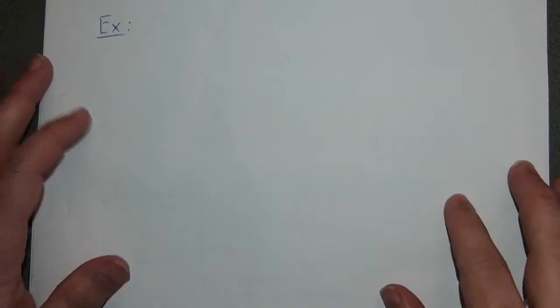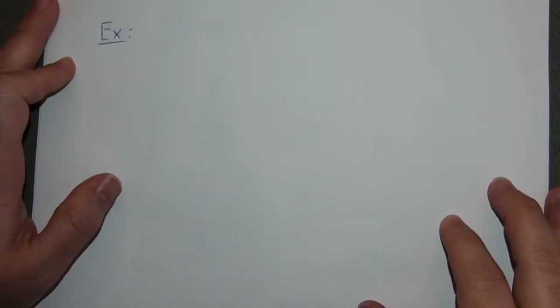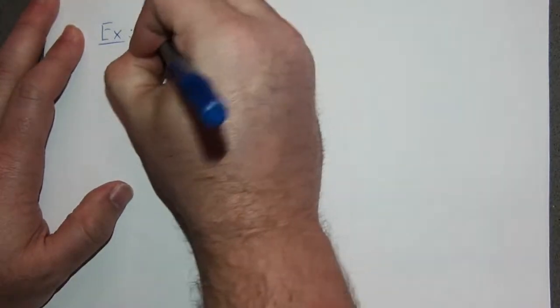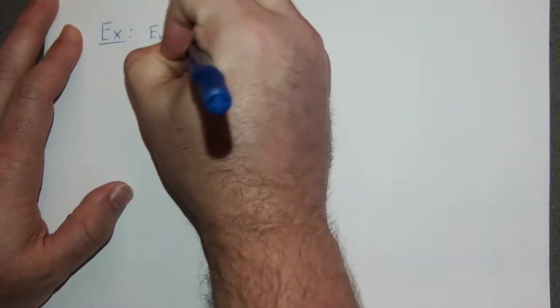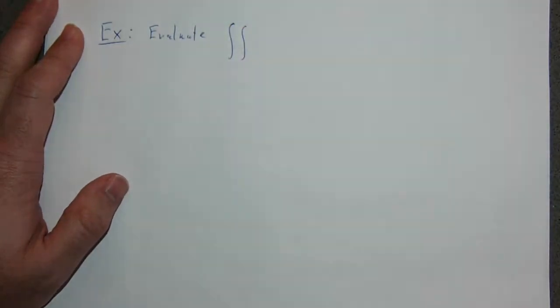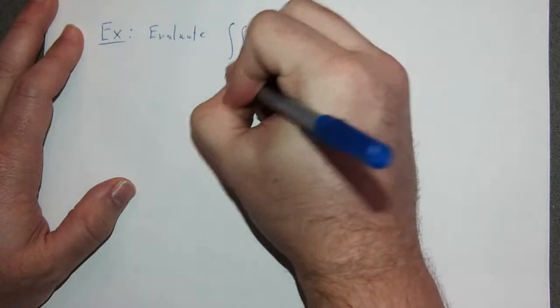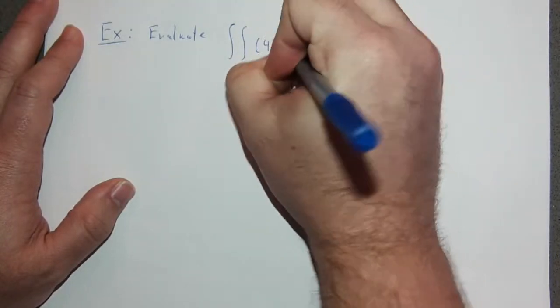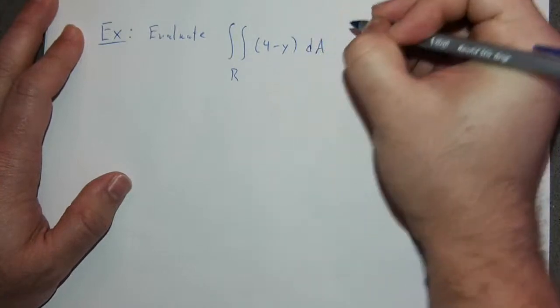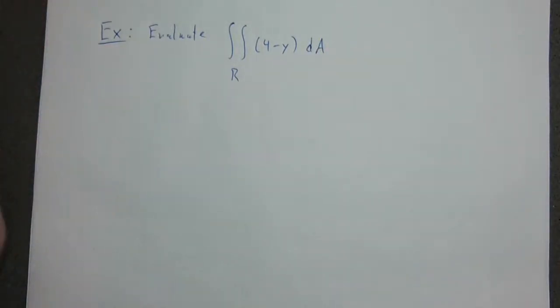But let's pick a different region and a different integral that we want to do. So let's evaluate the double integral over R of 4 minus y dA, where